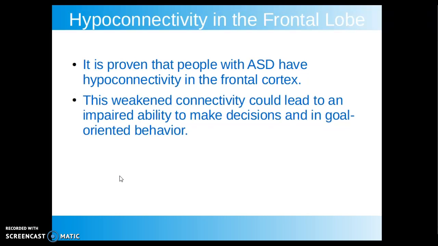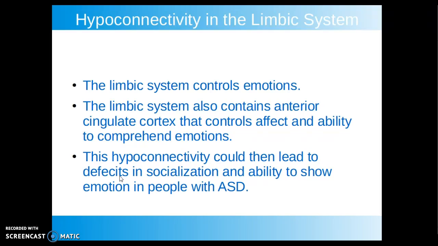That behavior actually shows a correlation between this hypoconnectivity in the frontal lobe and her behaviors, the way that she lives her life. Hypoconnectivity in people with autism is also seen in the limbic system. The limbic system controls emotion, and it also contains the anterior cingulate cortex that controls affect and ability to comprehend emotions. So this hypoconnectivity would obviously, in theory, lead to deficits in socialization and ability to show emotion in people with autism. As I stated earlier with the young lady that I observed,